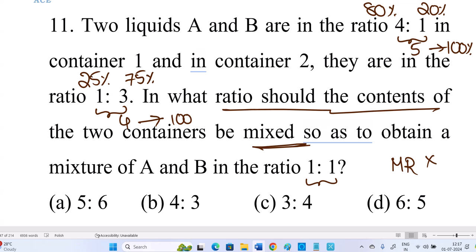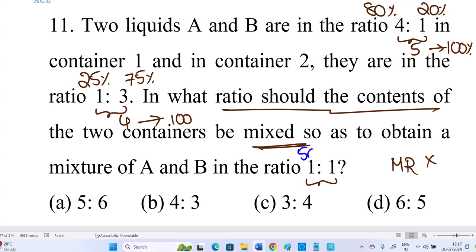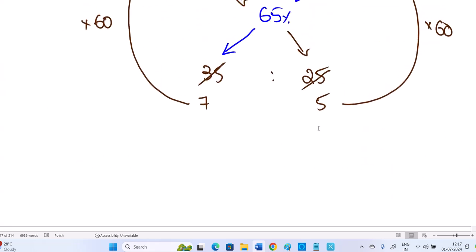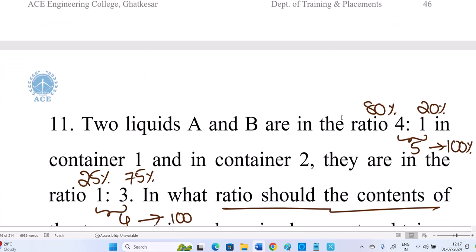Here 1 plus 1, 2. I think you can write 50-50 directly, right? Everybody has an idea of 1 is to 1: 100%, 1 is to 1 means 50%. I'm writing everything in percentages for your better understanding, like the previous question. In the previous question, did you get the mixed ratio last or not? What is the mixed ratio here? 7, that ratio last one, right? So now here what I can do,